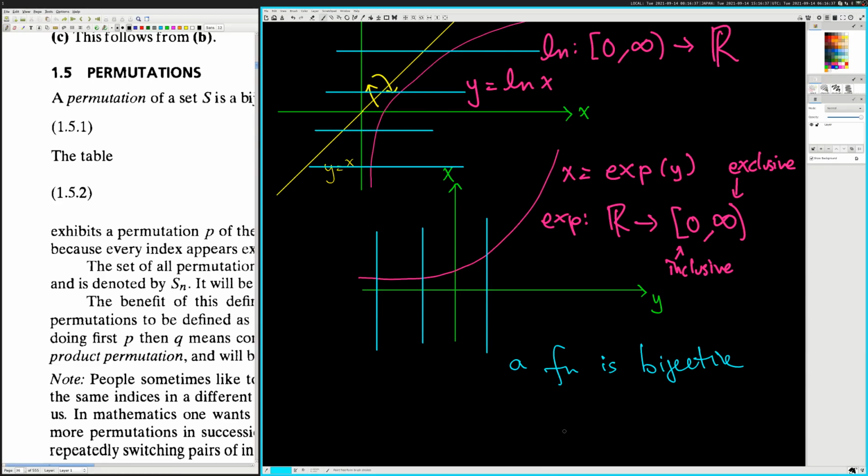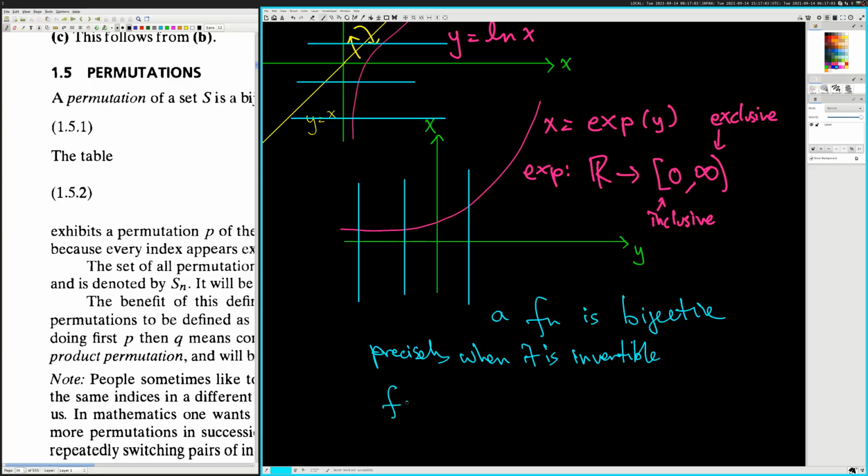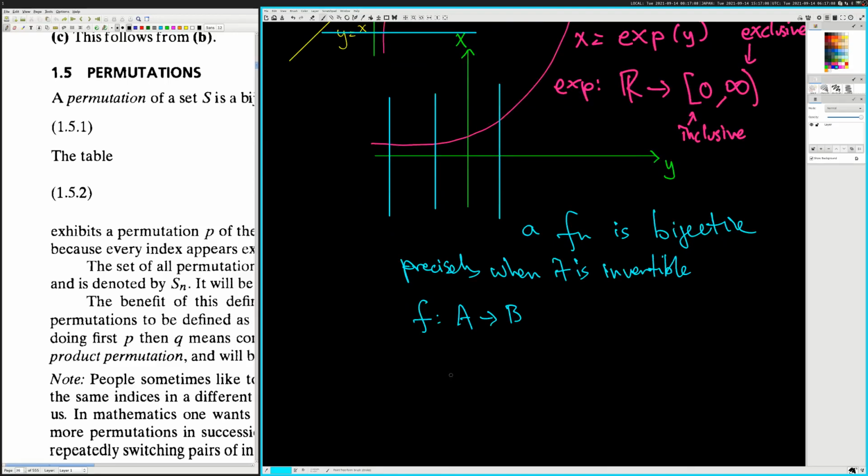generally, not just a function from rationals to rationals or a curve or anything like that. I'm talking about a general function from one space to another space is bijective precisely when it is invertible. Okay? So if you have f from A to B, the definition of invertible is there's another function g from B to A such that